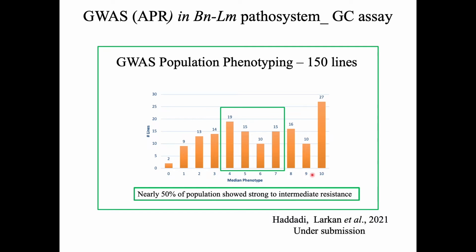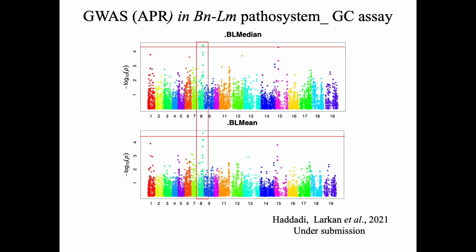of the stem. As you see here, the population shows a variation in response, with some highly resistant, some intermediate, and some susceptible. We used this population to map the location of the gene. Here is a Manhattan plot from the mapping data, and it shows one QTL on A8, the same as the one that we identified in Topaz, giving more confidence in the approach that we are